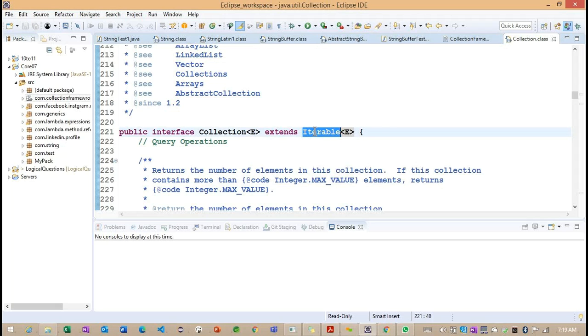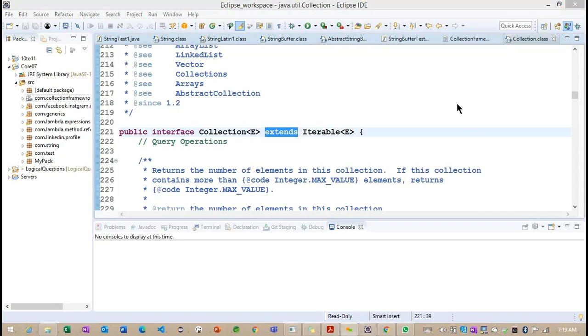Because of this interface, we are extending here. This is the inheritance concept, so we need to understand the extends keyword and its purpose. Everything we discussed regarding inheritance applies, so don't get confused here. How does this extends keyword work?